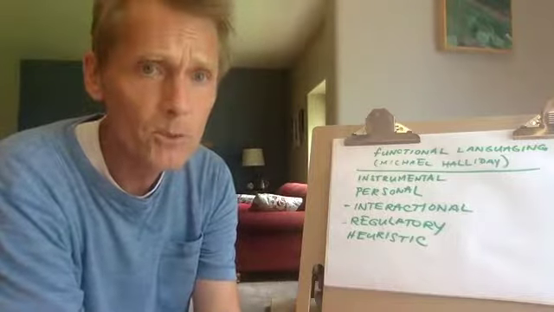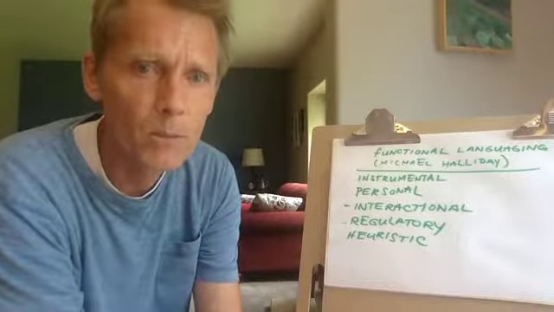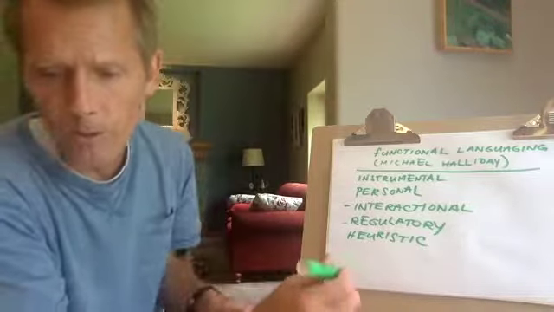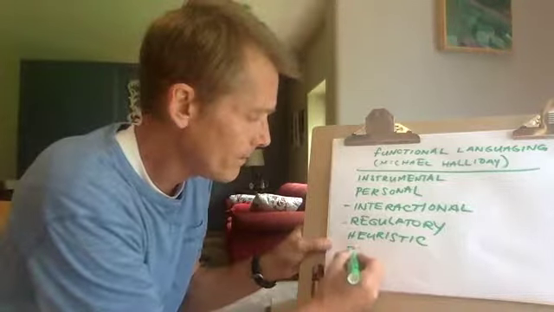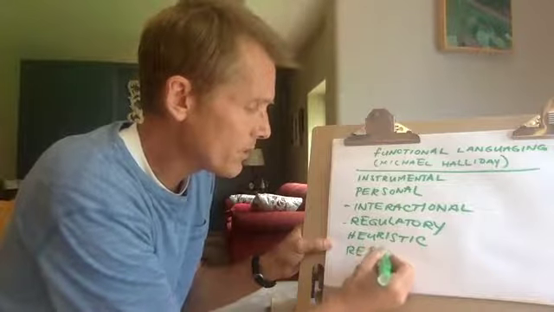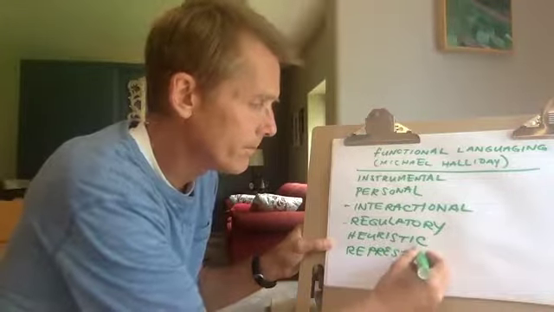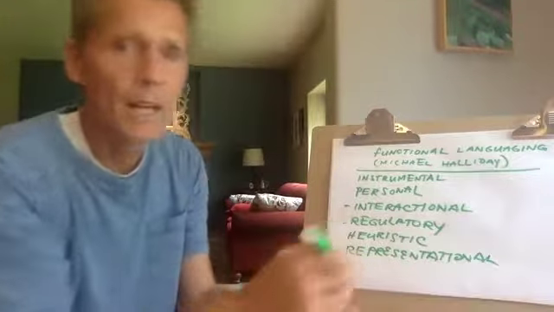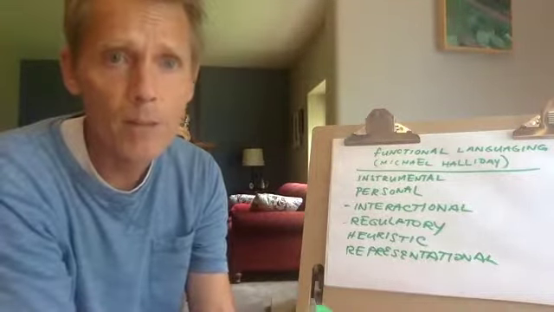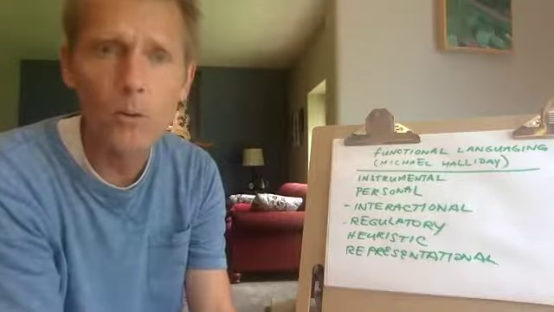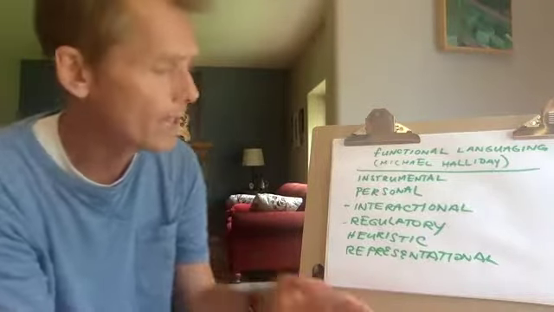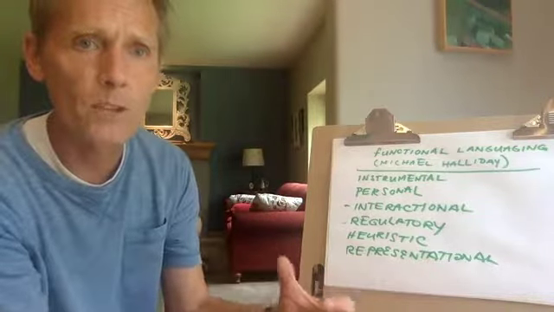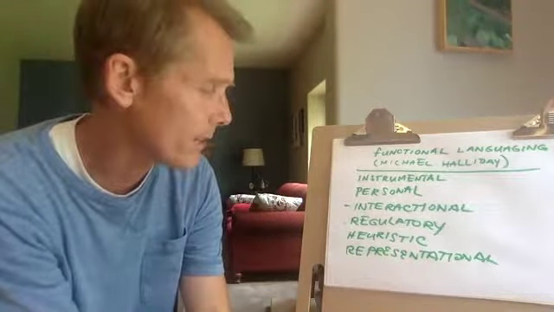And then we can actually use the words to solve much more complex problems as well. So 1, 2, 3, 4, 5, we've got 2 more functions. The representational function is where we're just trying to talk about the way things are, what we want to represent in the world. This is that sort of straight communication of the what's, where's, and when's that we're trying to get across for